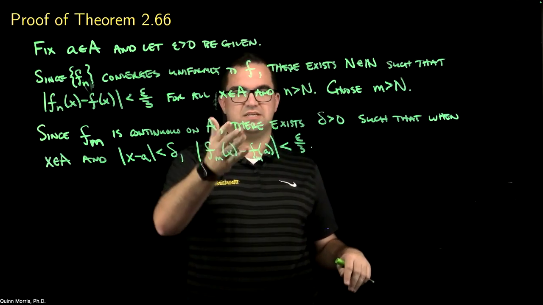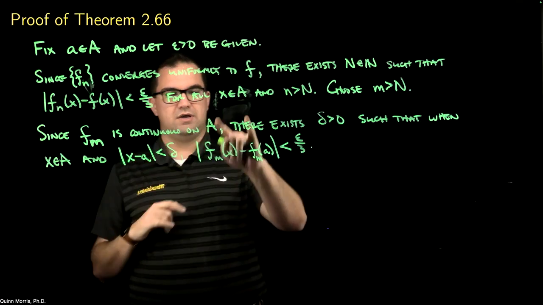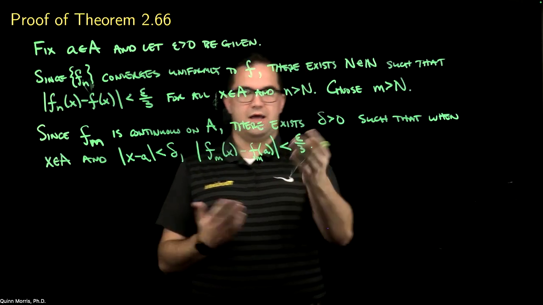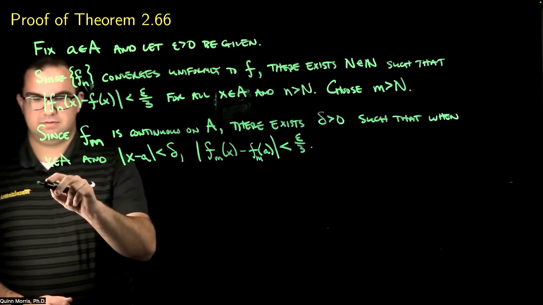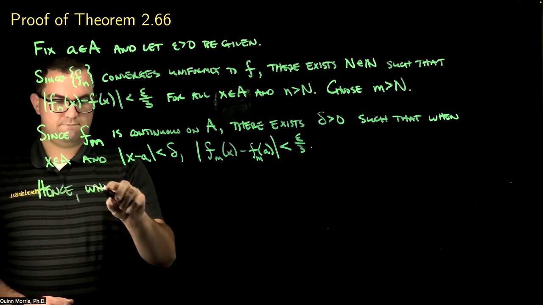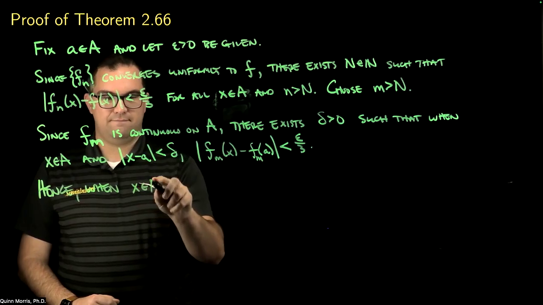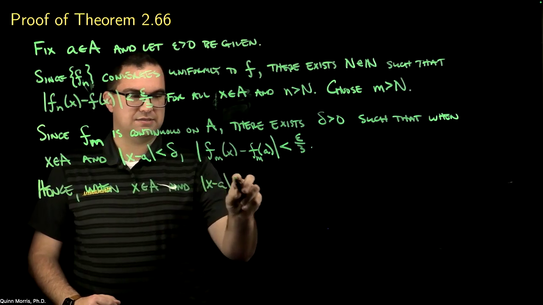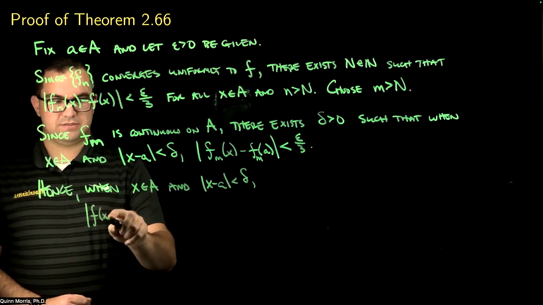Okay. And since this is continuous, I can find a delta such that whenever |x minus a| is less than delta, then |f sub m of x minus f sub m of a| can be as small as I'd like. I want that smaller than epsilon over 3. All right. So hence, when x is in A and |x minus a| is less than delta, now I want to look at that quantity